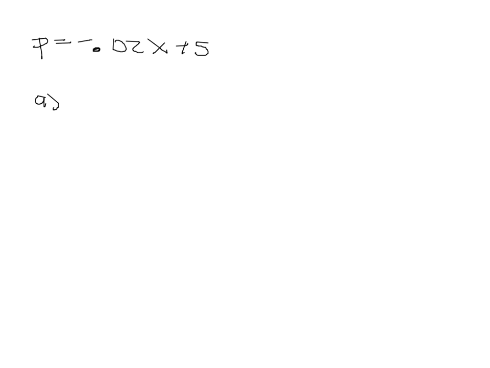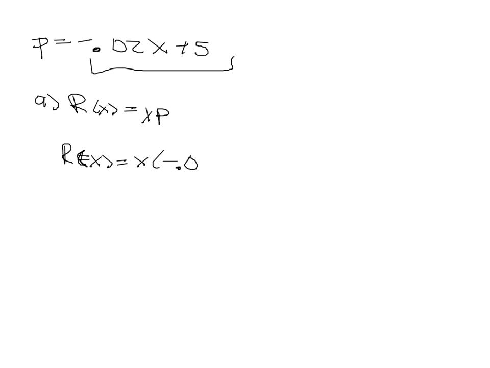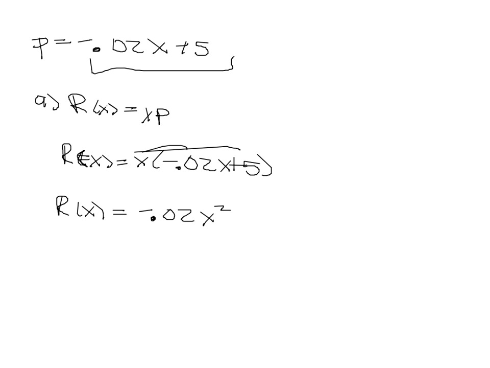So that's part A. Revenue is x times p. So we distribute the x to get minus 0.02x squared plus 5x. That's A. The next question is, if cost is given as